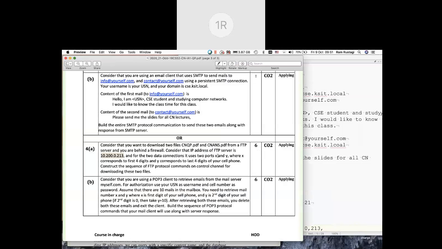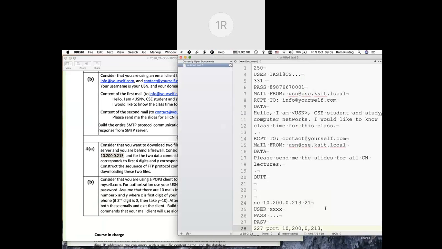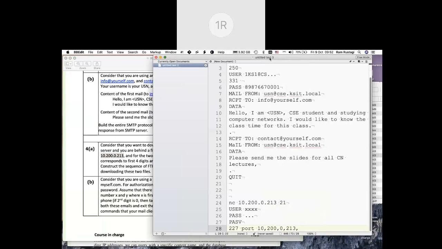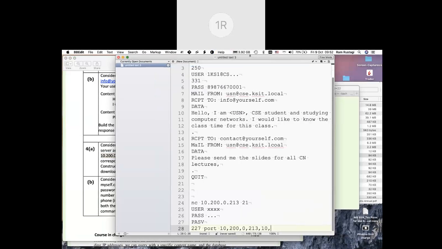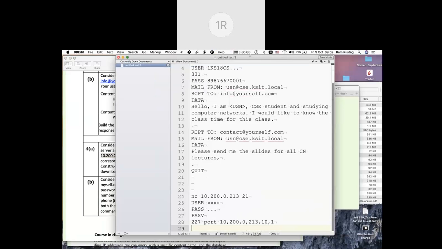So first port number is X. Let's say the last 4 digits happen to be 2561. If you divide by 256, it becomes 10 as the quotient and 1 as the remainder. So you will basically type 10 and 1. This is the port number, and then you'll basically retrieve